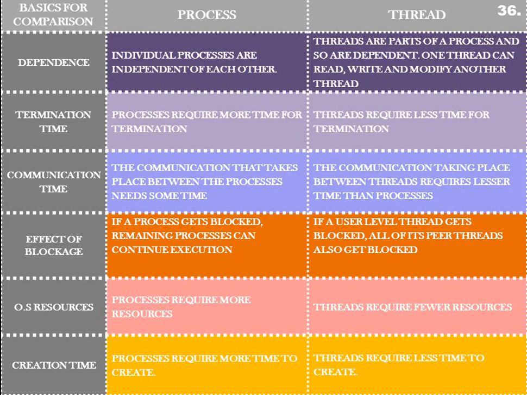Likewise, an individual process can be independent of other processes, as they do not share their things. Processes do not share their things among them, so they are independent of one another. They are not dependent on one another. They are totally independent, while threads are parts of a process and so are dependent on a process. A thread is a subset or part of a process, so a thread is actually dependent on the process. It actually uses its address space or its data segment. So one thread can read, write, and modify another thread